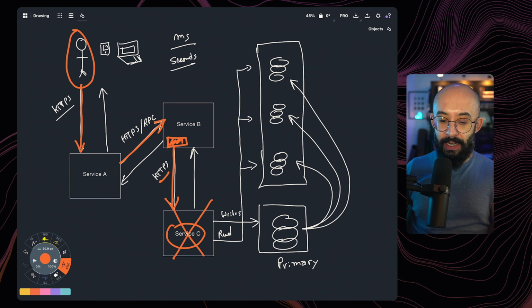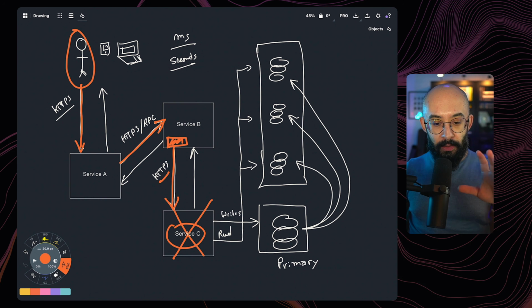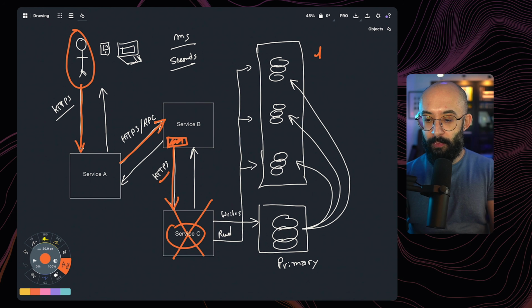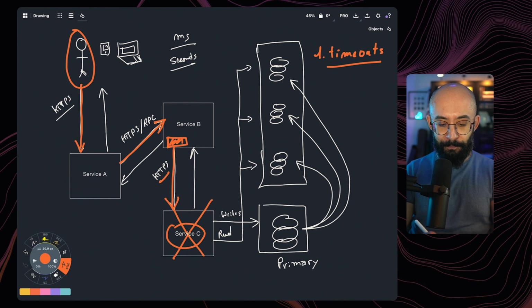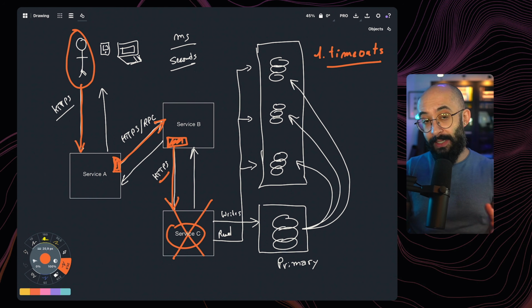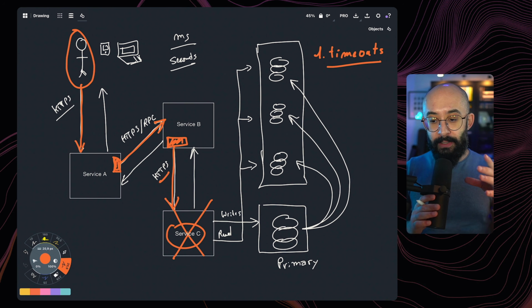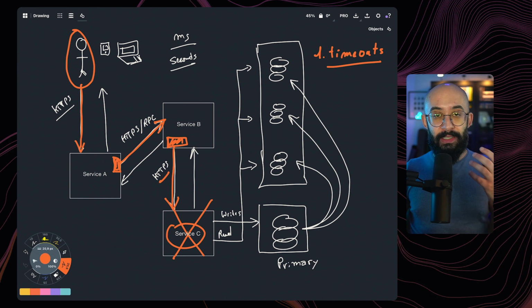So this is the first layer of protection that you have to implement whenever you're doing client to server side calls or even service to service calls. The first thing you need to implement is reasonable timeouts. It's very important to have client side timeouts, which means whenever service A makes a call to service B, or service B makes a call to service C, or even service C makes a call to a database, the client that is making these calls needs to implement some reasonable period of time after which the call is going to be assumed that it's never going to be coming.